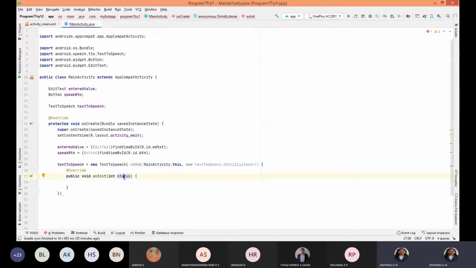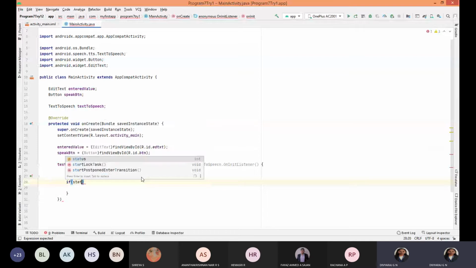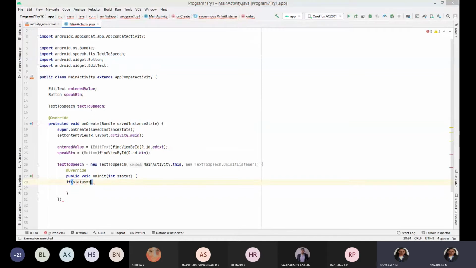So now I'll go for the status. What are the statuses? There will be two: one is a success status and one is a failure status. Let me write code for both. I'll write the code for if status, select this, or type it. Status is equal to